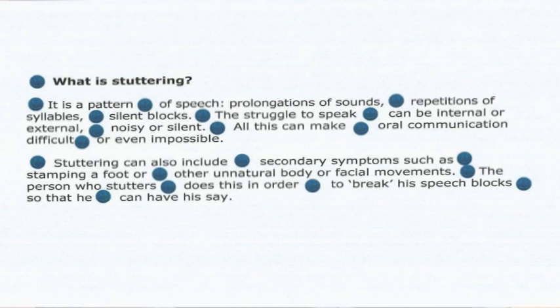It is a pattern of speech, prolongations of sounds. Use my technique. Repetitions of syllables, flow out, silent blocks. Use technique. The struggle to speak can be internal or external, noisy or silent. Okay, so you do this for about 10 minutes every day, and you also need to record